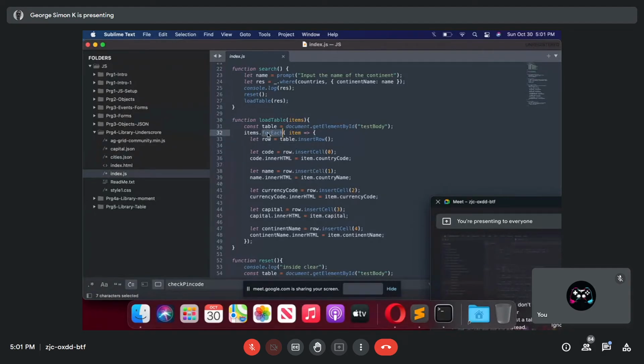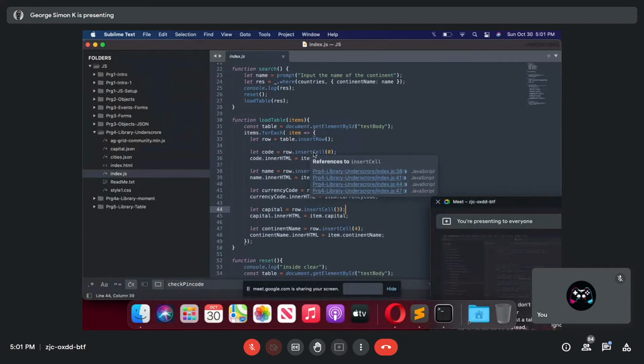By the way, this for each is like instead of writing for i equal to 1 semicolon i less than countries dot length i plus plus. Instead of that, I have written items countries for each a country. Item is a country. I'm creating a row. Into the row, I'm creating a cell, that is TD. First TD. This is second TD. Third TD.